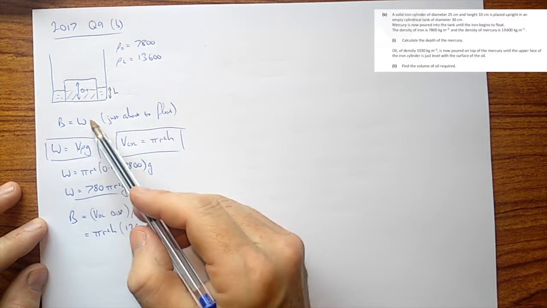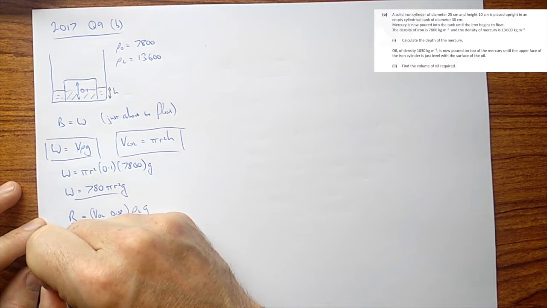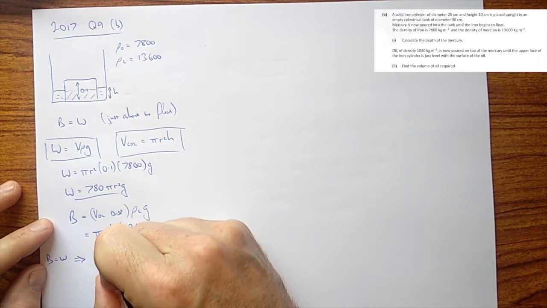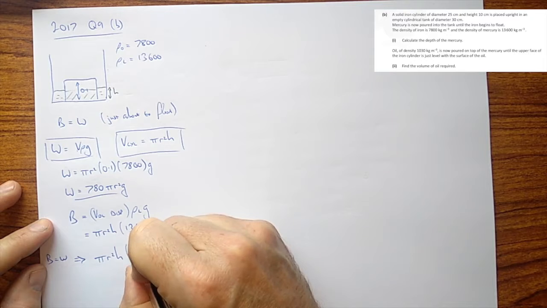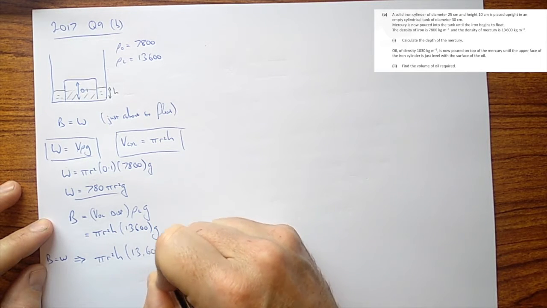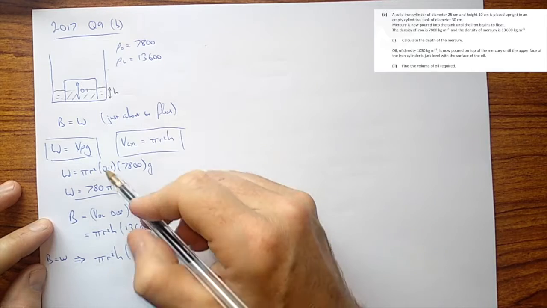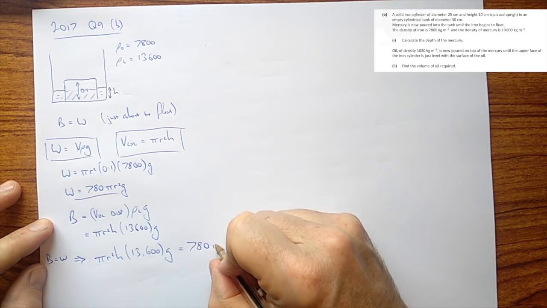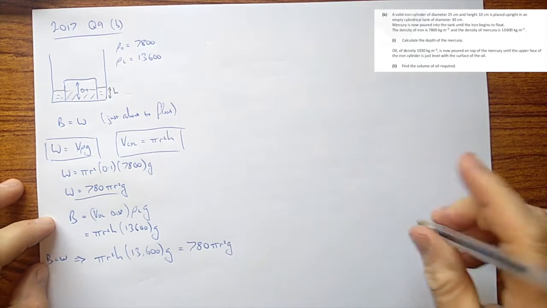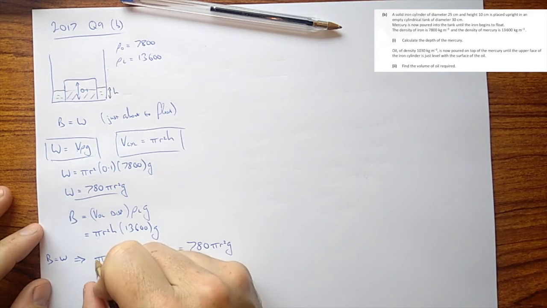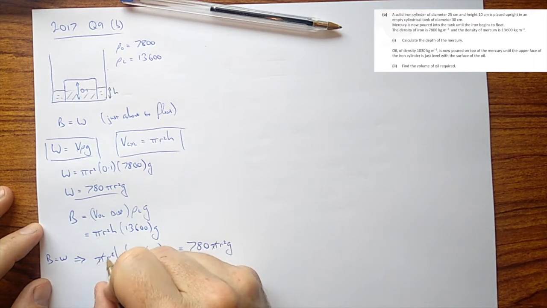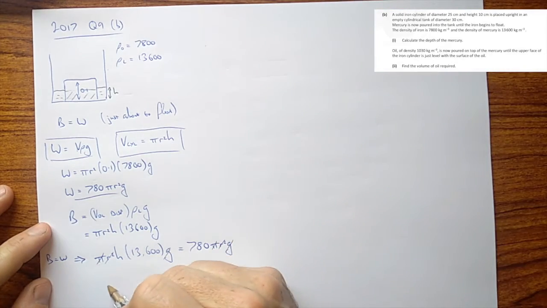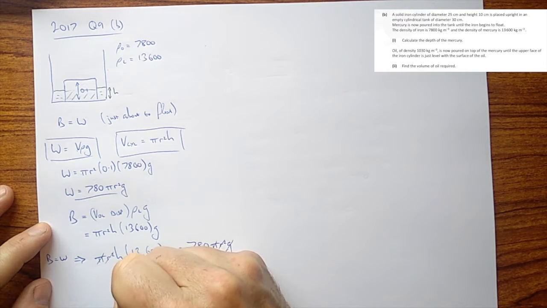Well, we know since buoyancy is the weight, therefore, we'll sub these ones in. Pi r squared h by 13,600 by g equals, there we are, 780 pi r squared g. So it looks a little bit ugly, but that is about to change very rapidly because we cancel the pi's, cancel the r squareds, cancel the g's. So in this case, let's see, we'll squeeze it in down here. H equals